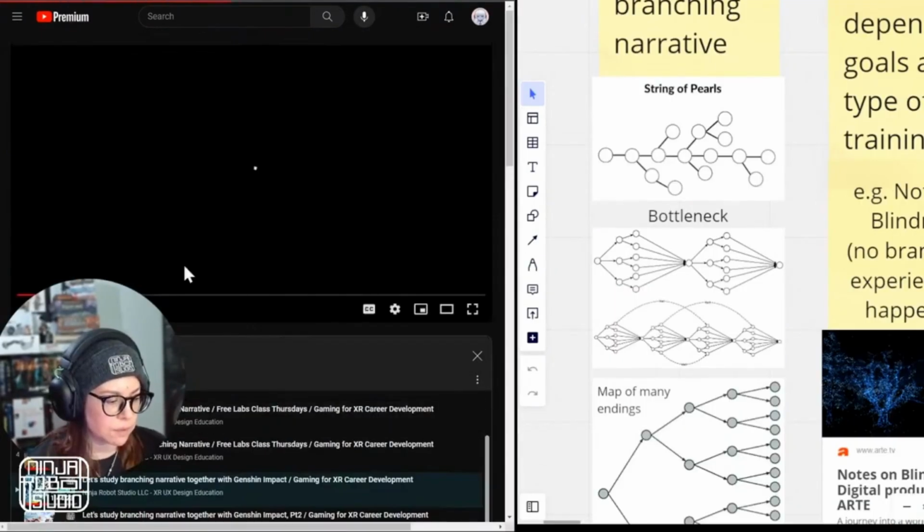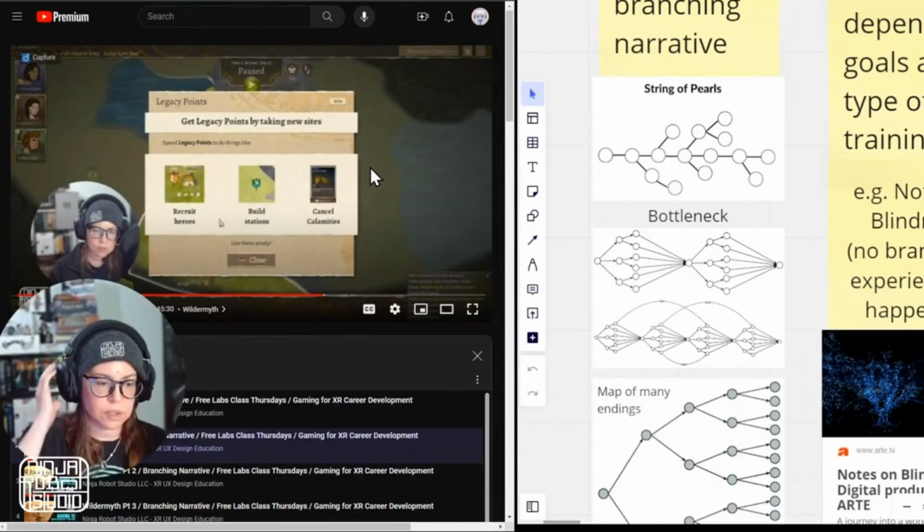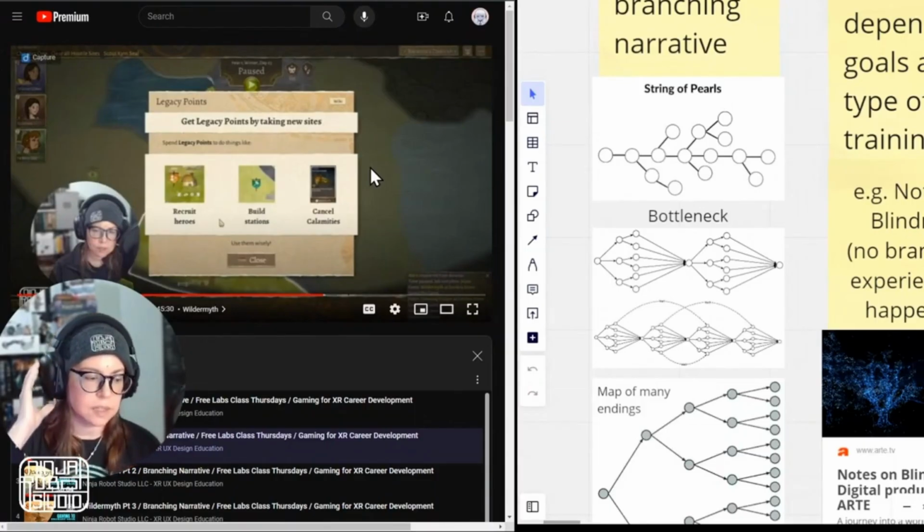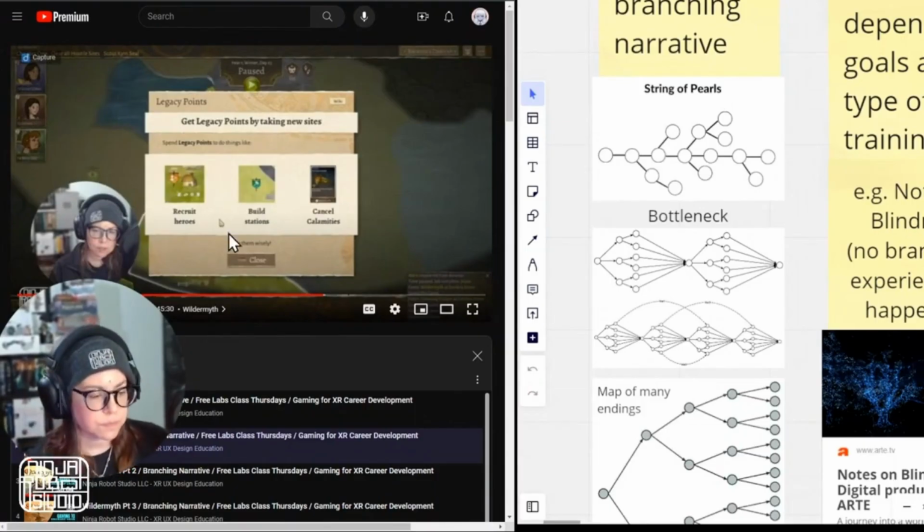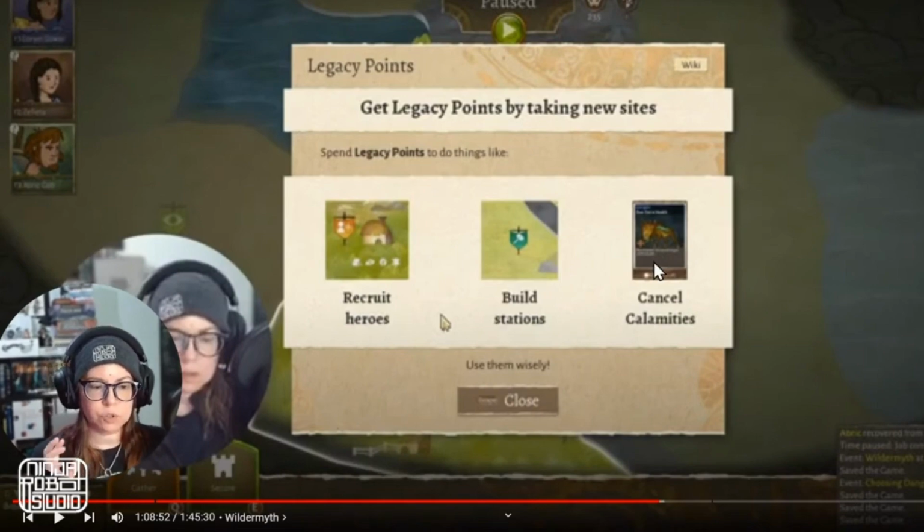So in Wildermyth, there are decisions, and they're called legacy points here. And these decisions, use them wisely. So you can choose, what are we going to do here? Because this will affect how much time is spent on this, and that time spent could affect something else in the story.